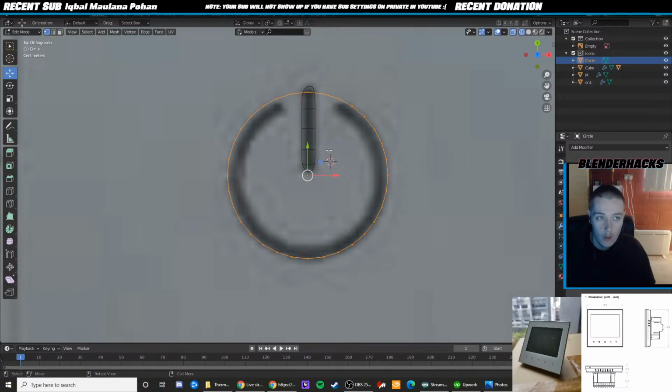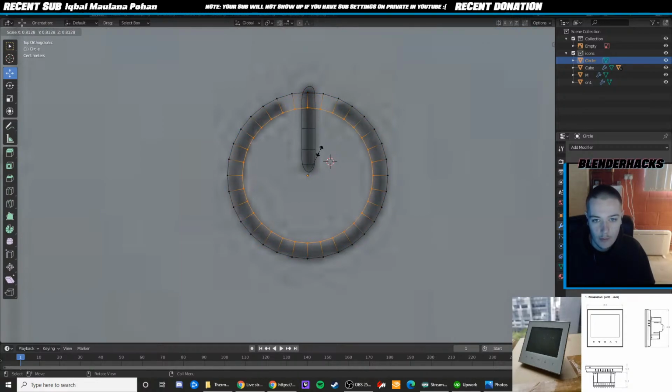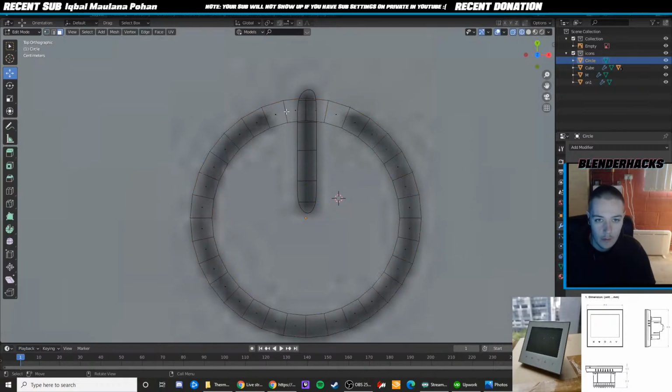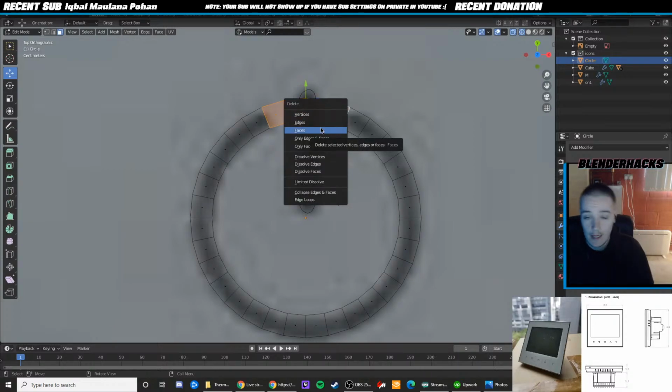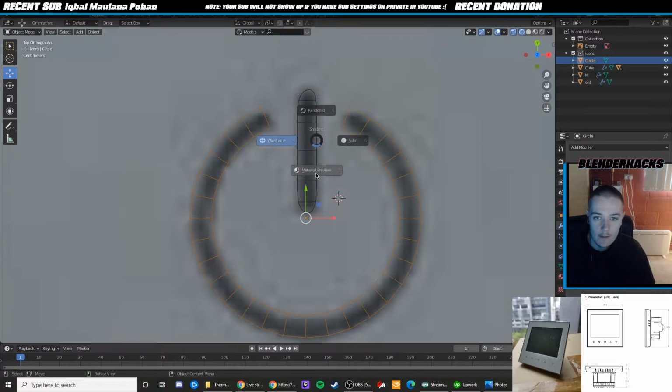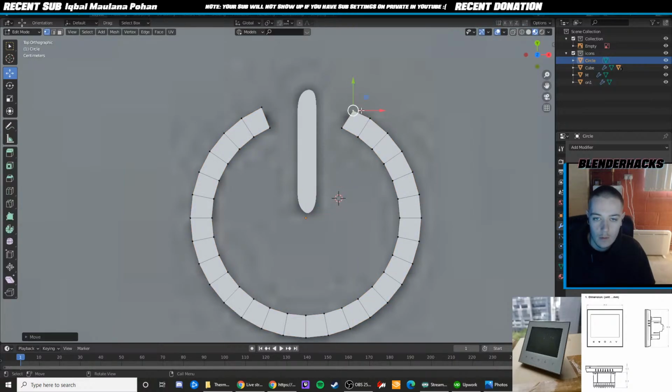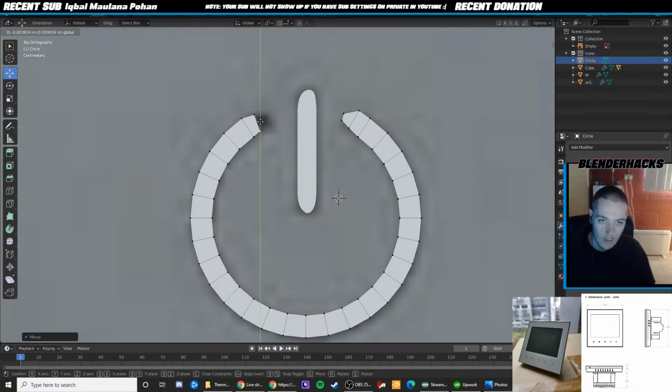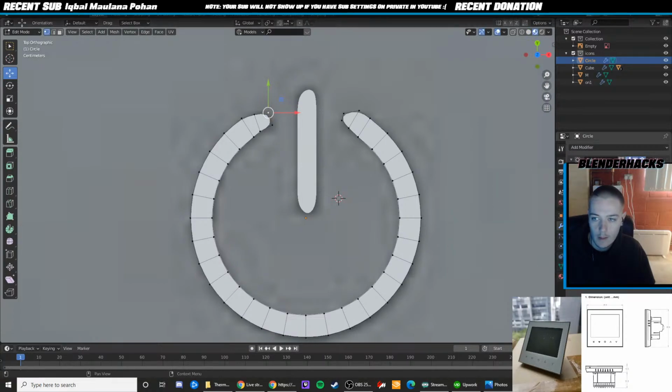A to select all, 1 on the vertex, select all the vertices. I'm going to press E and then S to scale inwards, and then I'm going to just remove the faces in edit mode, 3 for the faces. Select them, press X to delete, and then faces. And then we will just curve the end here by edge select mode, E to extrude, bring the vertices in. Same here. Now if I subdivide that,